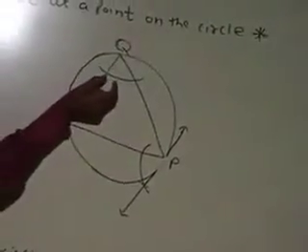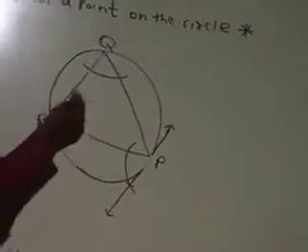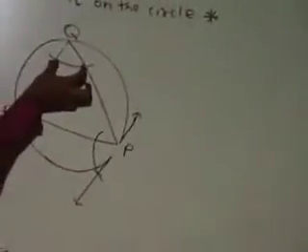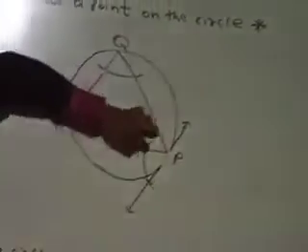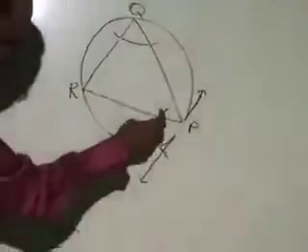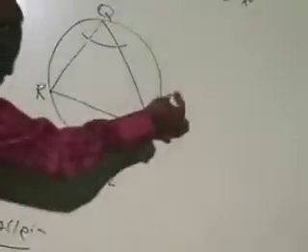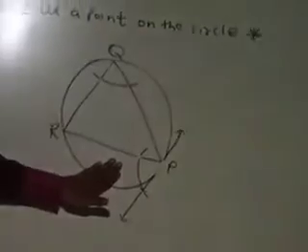Then take the compass distance between these two intersection points, on PQ and RQ. With this distance, put the compass on this point and make the arc that intersects this arc. And then through this point of intersection and P, draw the line. This is the tangent line at P. This is using the center and this is without using the center of the circle. Both are tangent lines.